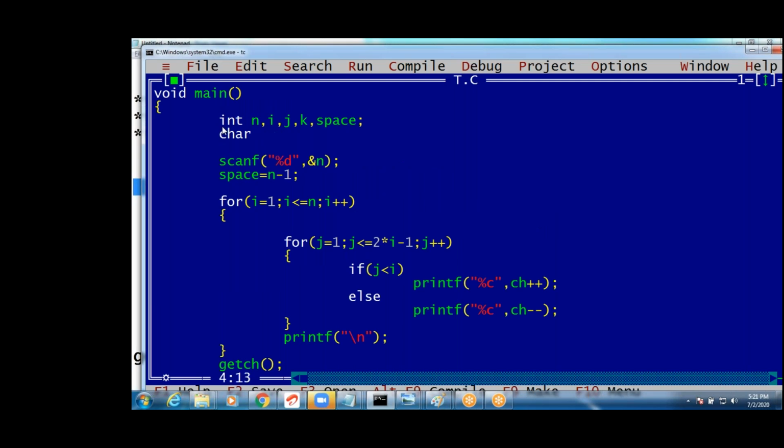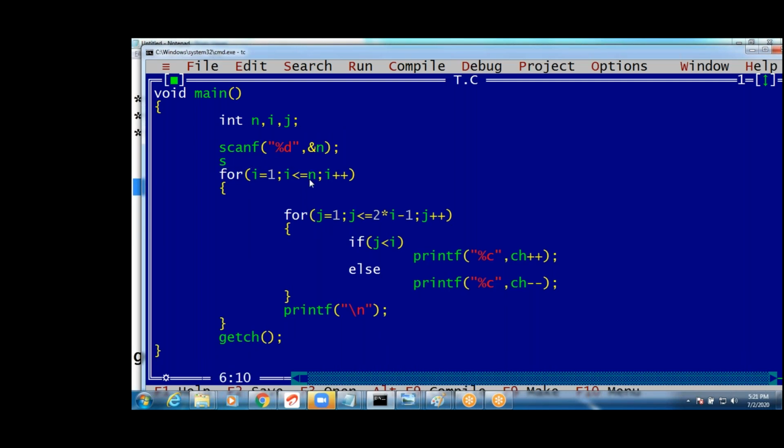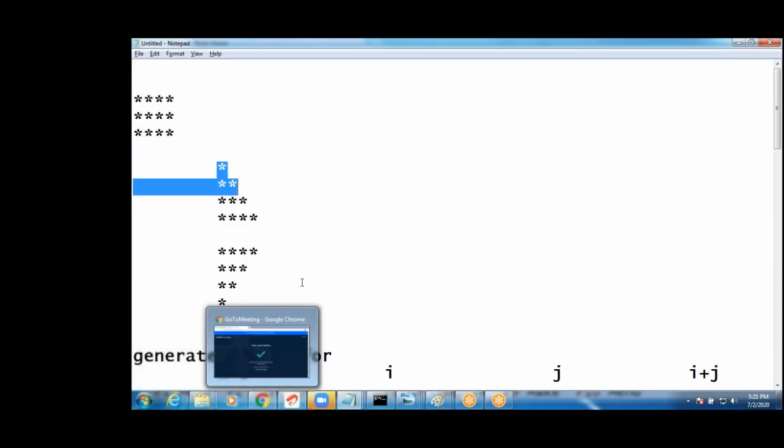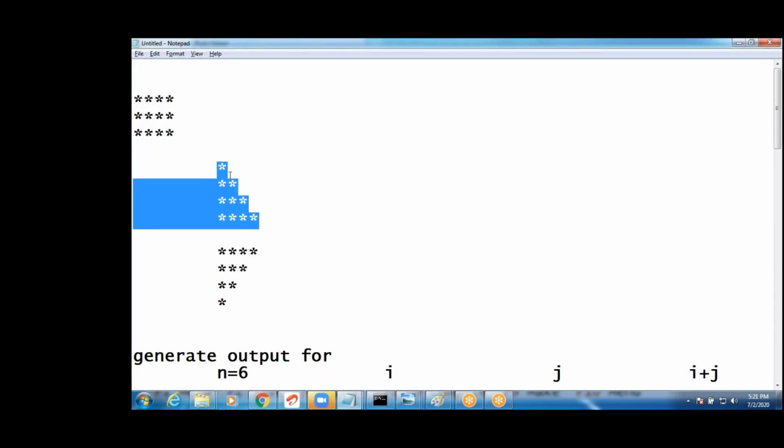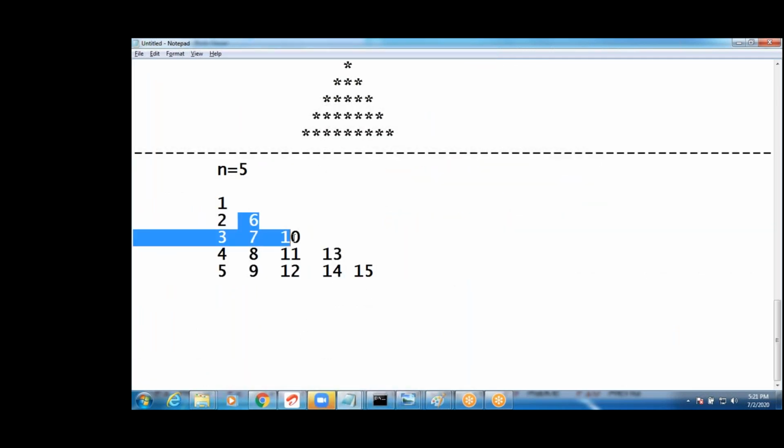Yeah. First pattern, guys. Star pattern I want to print. From this pattern, you know, right? Yesterday this pattern. From this pattern I will write this. This is the same pattern, right? That's why, now i equals to 1, i less than n. Okay, good. Second pattern, right, guys? j equals to 1, j less than or equals to i. This is a pattern, and i value just print.